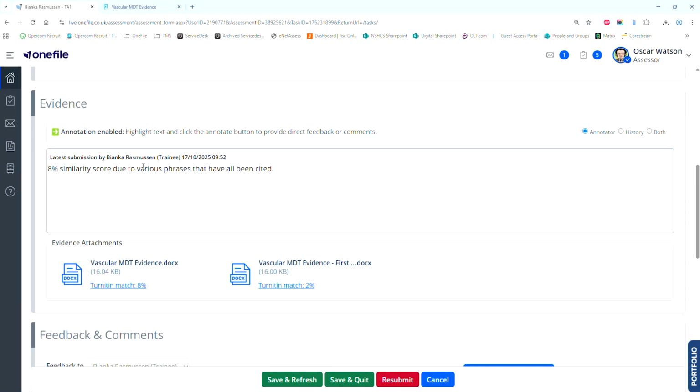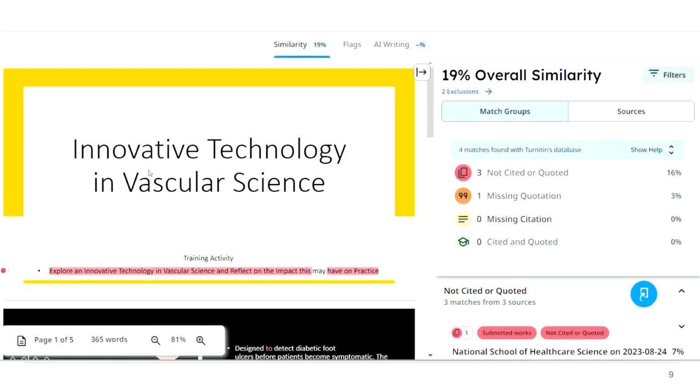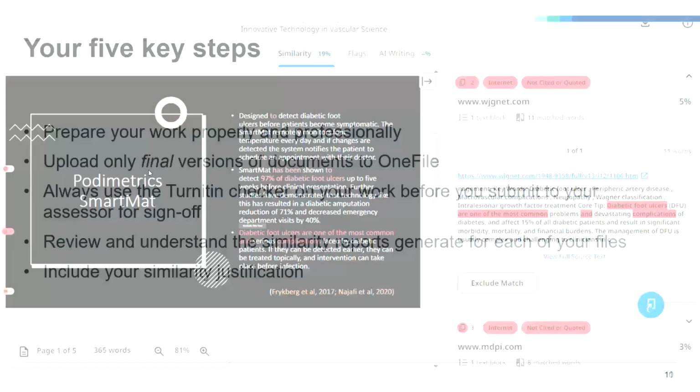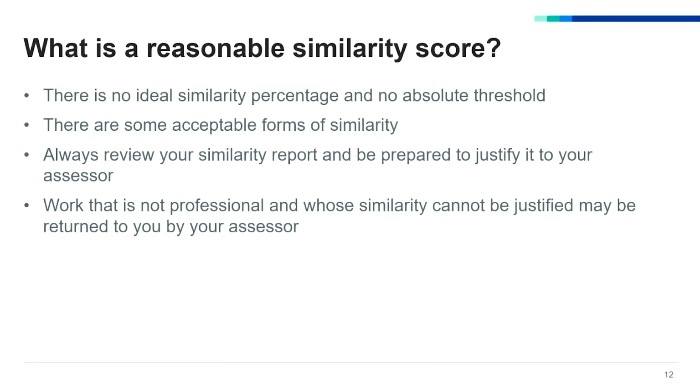This is because universities are far more rigid with their rules and regulations regarding plagiarism. So if a trainee was to submit their own work in their university and then if they did that after they did it in the workplace, it would come back with 100% and they would be raked over the coals. Whereas at the school, we recognize that if a trainee has already provided their own evidence in a different setting, then we are more than happy to allow them to do that. So a high Turnitin score is okay,